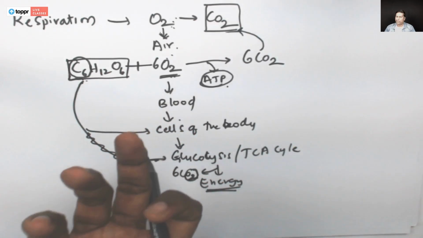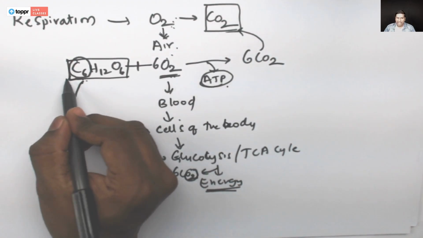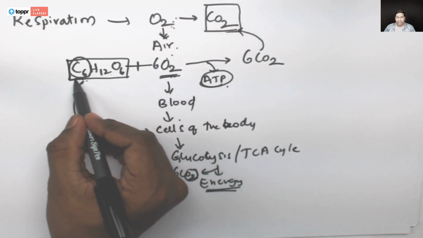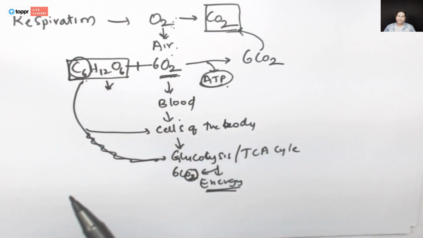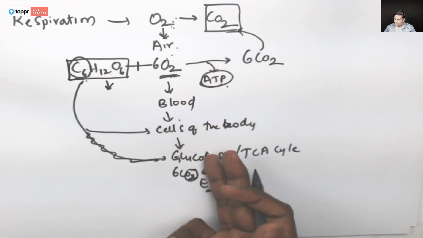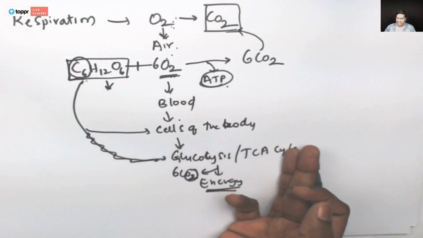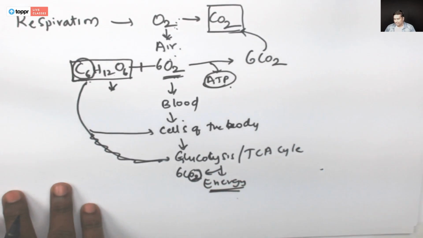It's the molecule, even if you eat proteins or fats, most often they are actually converted into carbohydrates. Whenever you need energy, they are converted into glucose or derivatives or the broken down products of glucose, like your pyruvate or other molecules. Finally they'll go through either glycolysis or the TCA cycle to release carbon dioxide and energy. So that's the basic purpose of